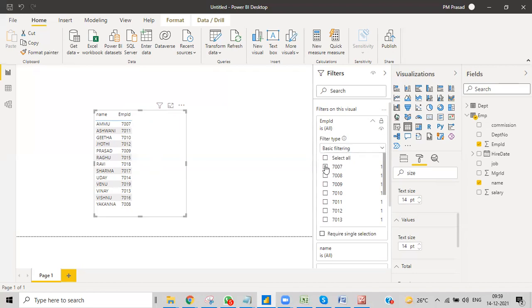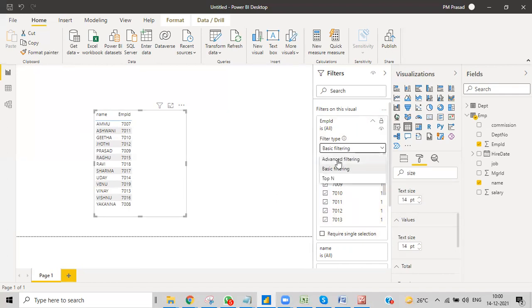So obviously, you need to click on that, and then you'll get that employee ID over here. Very simple. If you want 7007 and 7008, obviously you can get that. And if you don't want 7007, then you select all and then deselect 7007. You get all the things without 7007. So this is the basic kind of thing. Basic filter is nothing but you'll have all the values over here, and then you select whatever you want and whatever you don't want. That's it for the basic filter.